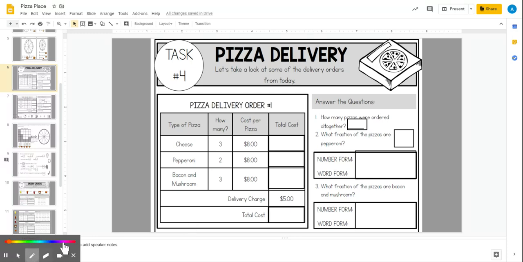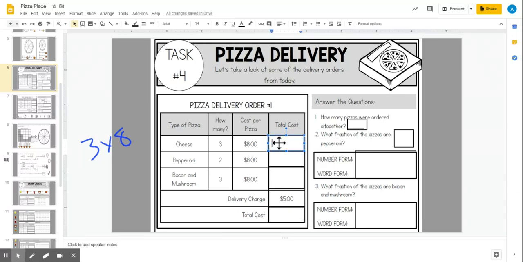Let me get my pen over here. So you have 3 times 8 for our cheese pizza. And again, 3 times 8, you're just adding up 8 3 times. 8 plus 8 plus 8 is 24. I hope you've been practicing your math facts. So I'm going to put our dollar sign in here, $24.00,